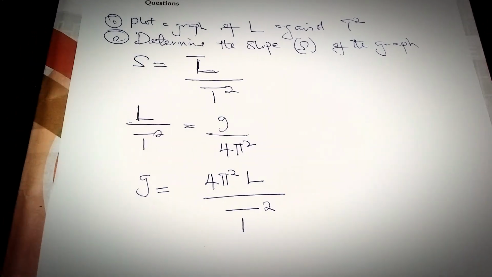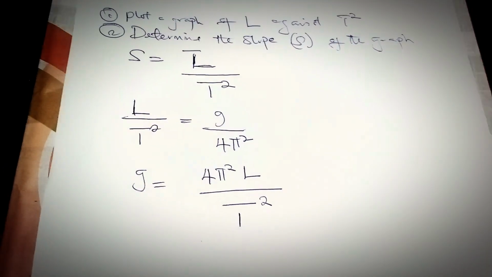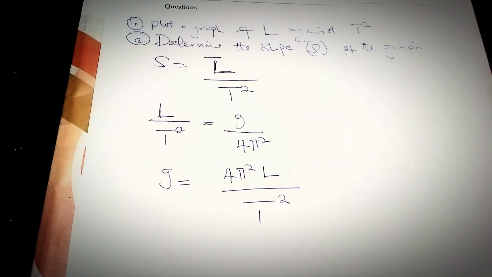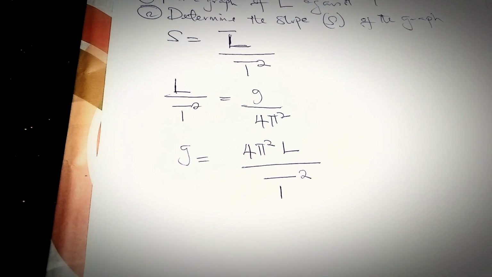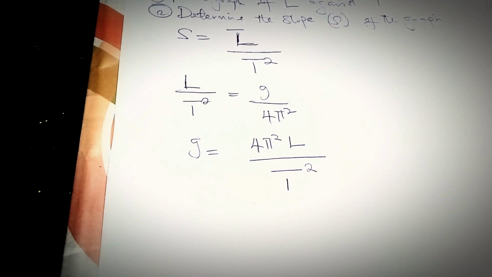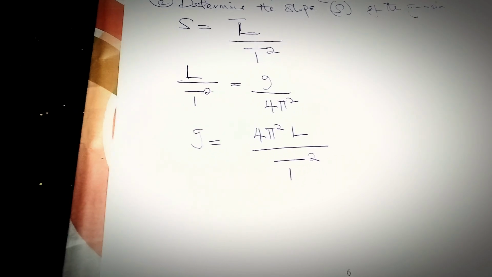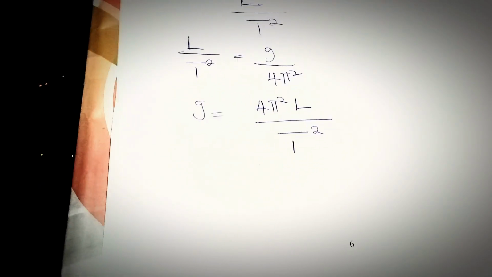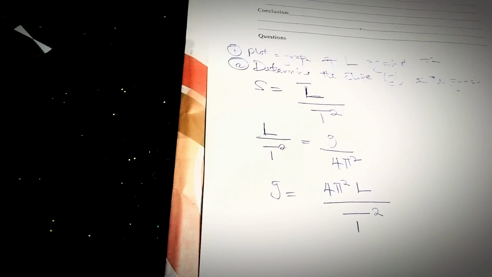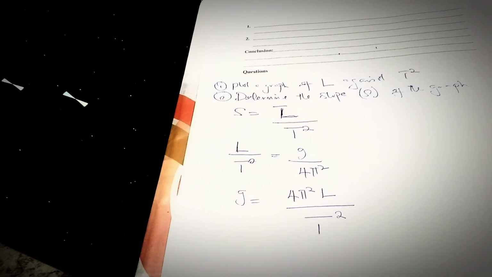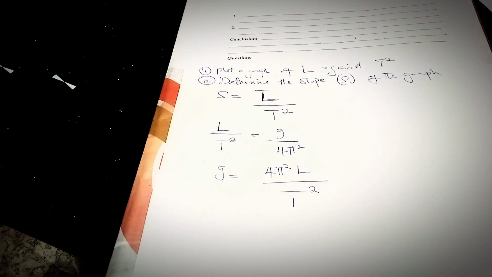Now the second thing is that we determine the slope of the graph, and the slope of this graph is going to give us L over T square. Then we can compute our g, which is the acceleration due to gravity. g will be equal to 4 pi square L all over T square. Then if we insert our value of the slope, because from this graph our slope is going to give us L over T square,